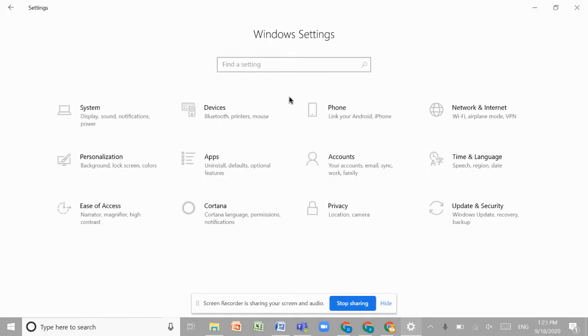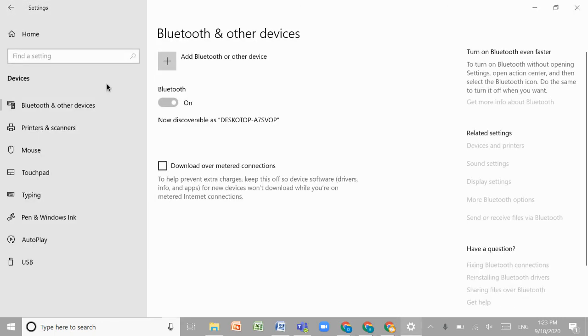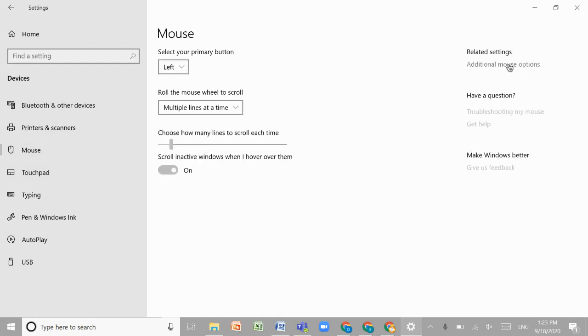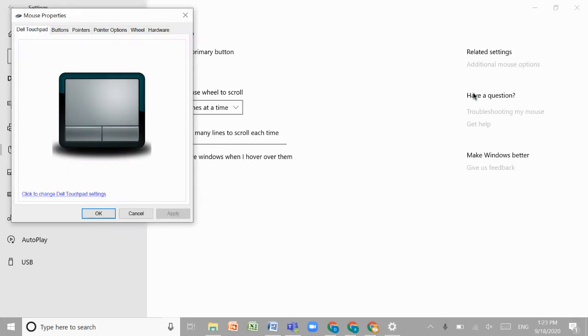So, first you click on the Windows icon and go in settings. And in settings, you go in devices. And in devices, you go in mouse. So now you click on additional mouse options. Then you go in pointer